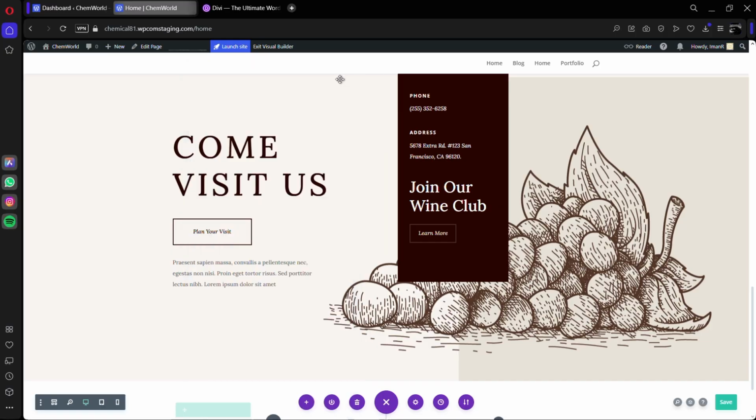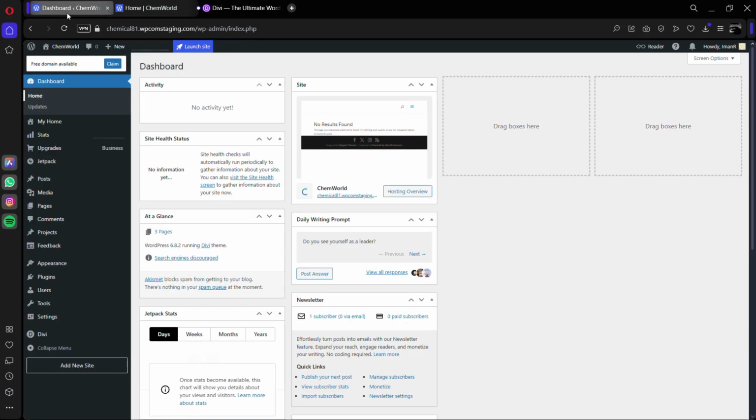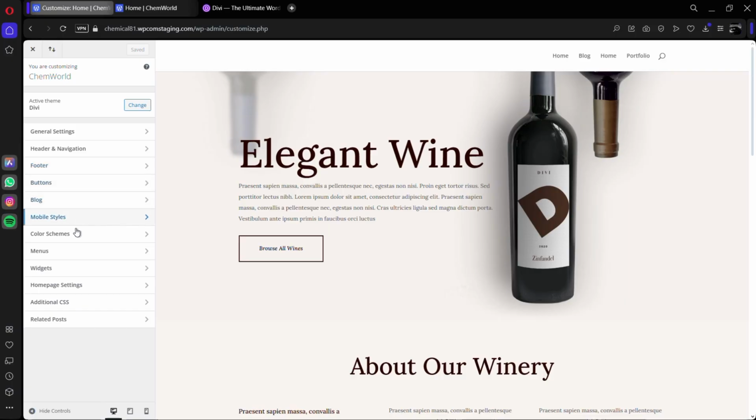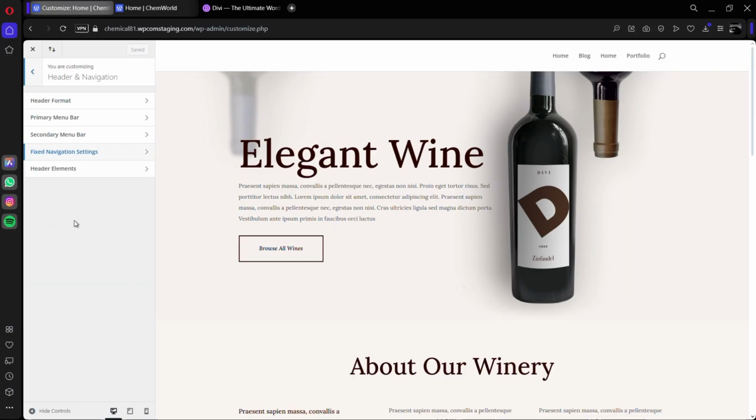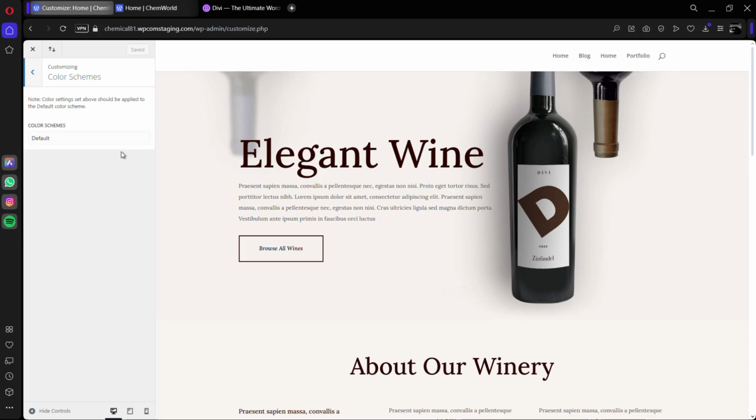Once you're happy with the content, you can adjust the global design. Go to Divi, then Theme Customizer. Here you can set your site-wide fonts, colors, and header styles. Divi also has a global colors feature, so you can choose your brand colors once and apply them across your